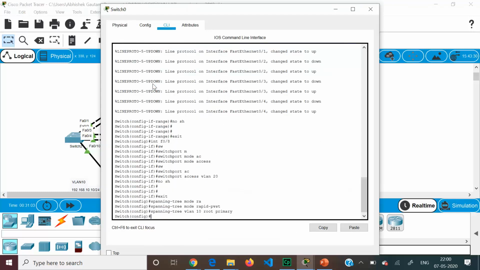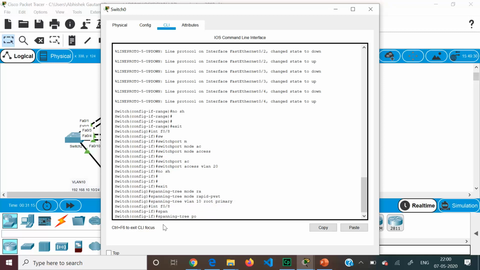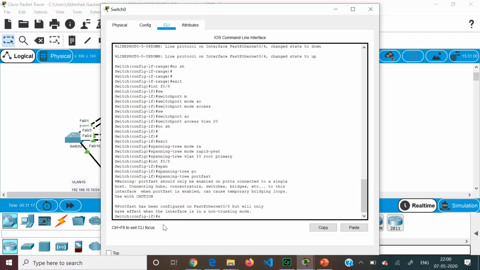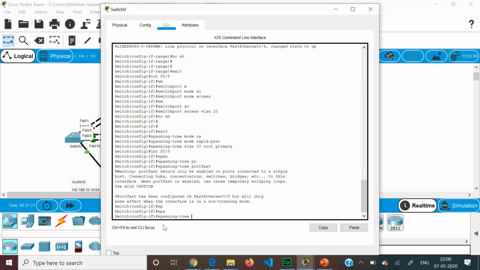Similarly, on switch 0 also, we have to do int F0/8. So all the access ports have to be made PortFast, as well as you need to enable the BPDU guard on it. So BPDU guard enable.